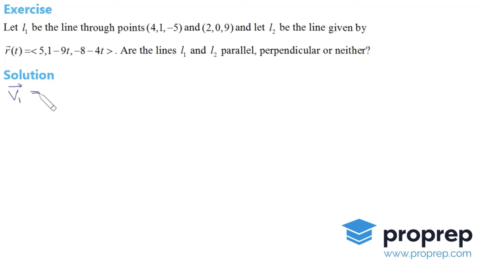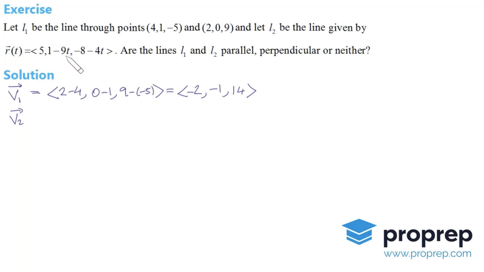So what I'll do is say that the direction vector for line 1, call it V1, one possibility is to subtract, say, 2 minus 4, 0 minus 1, 9 minus 5, which is minus 2, minus 1, 9 plus 5 is 14. Okay, now a direction vector for line 2, call it V2, can easily be seen from the vector form